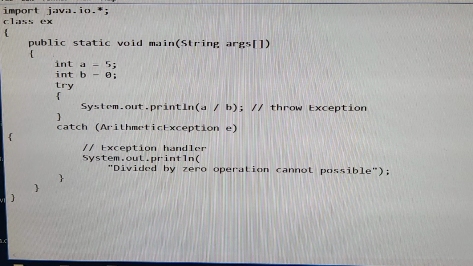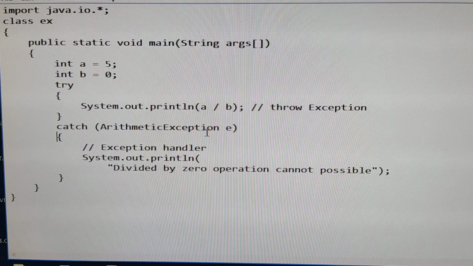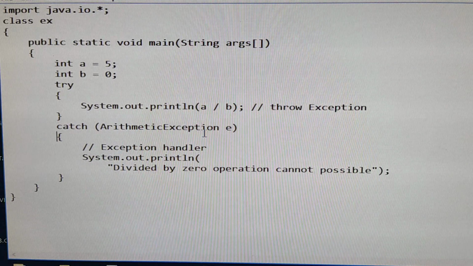This program I already explained in the class, still again I am explaining. If there is an error, what type of error should it be? Arithmetic exception. I have already explained the exception classes in the class. If you are dividing any number by 0, what type of error should be thrown? It is an arithmetic exception. So your denominator is 0, so an error should be thrown, and what type of error is it? Arithmetic exception. And where is that error information stored?